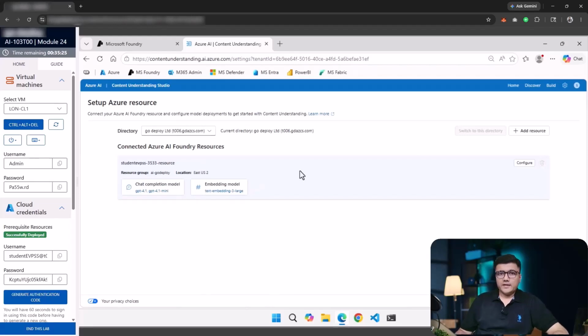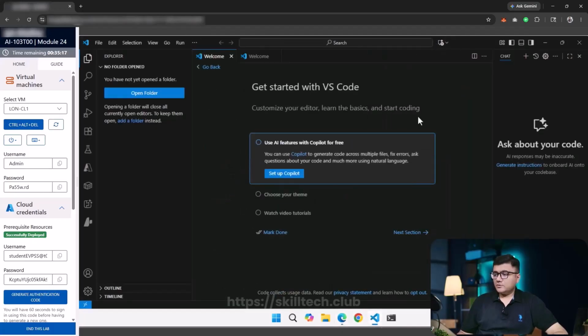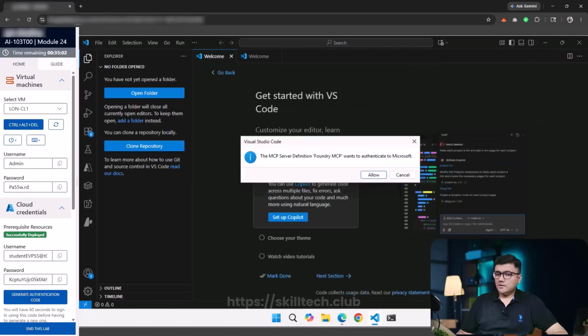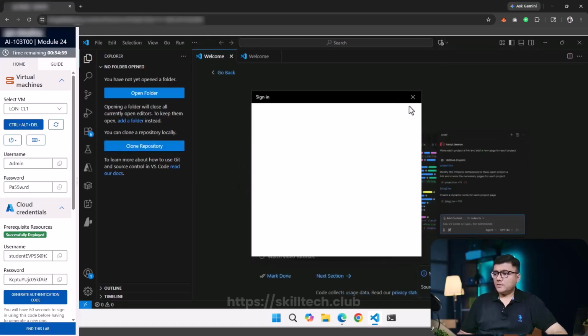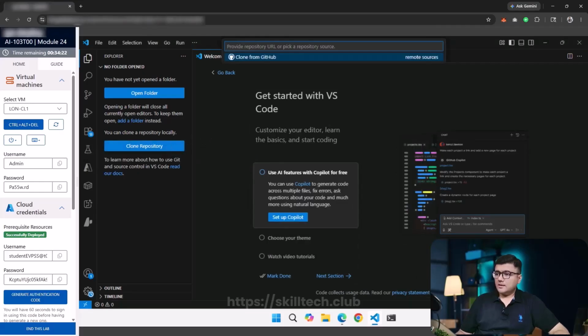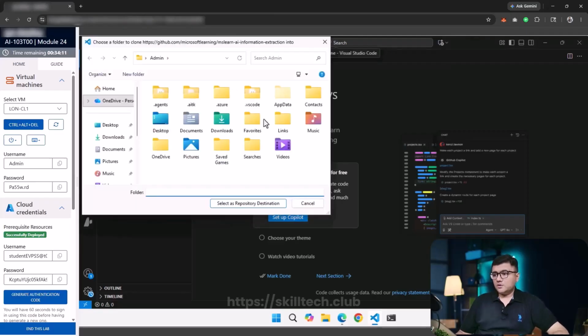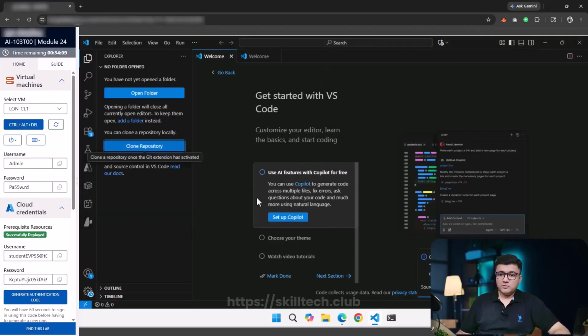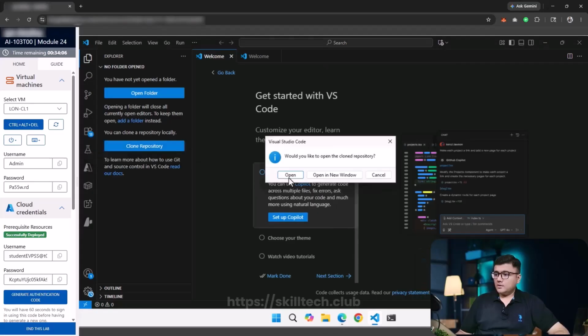Now in order to develop a client application, I have to go to my Visual Studio Code. Inside of Visual Studio Code, the first thing I have to do is clone the repository. So this time I will do clone repository. I'll paste. Okay, I have to sign in with my credentials first. So let me just do that. Yes, sign in is done. I'll click on clone repository and we'll try to clone this repository, which is github.com, Microsoft Learning, MS Learn AI information extraction. This is a new repository which we have not used earlier. So just make sure you take care of this URL. And once the repository is cloned,